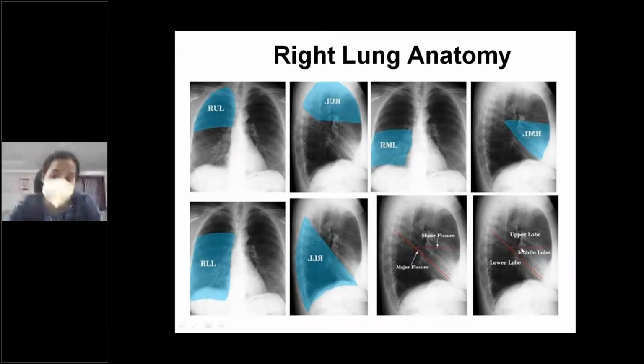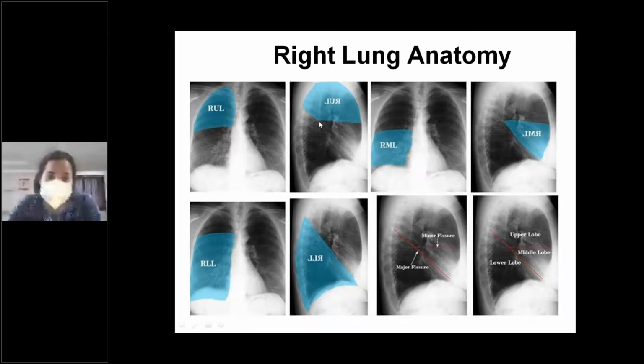Here, this is the right middle lobe between the oblique fissure and the horizontal fissure. Now, this is the major fissure, sorry, this is the major fissure, which is the oblique fissure. This is the minor fissure, which is the horizontal fissure. In between both of these, you have the middle lobe. This is the upper lobe. It is not very difficult to see when you have this lateral radiograph and compare with this lateral radiograph. The one that is just above here is the right upper lobe.